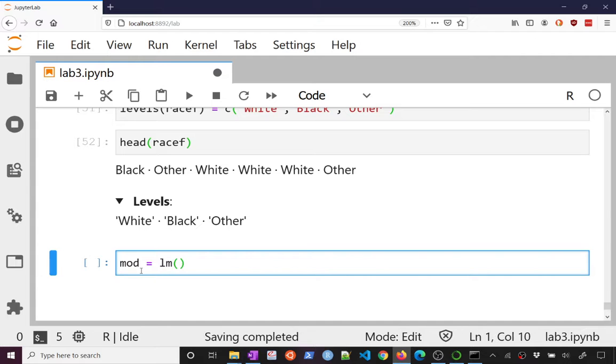If we don't do this, then LM is going to think that race is a numerical variable, and that it can do normal arithmetic on it, and it's going to be confused. So if we want to build a model with this, for instance to predict birth weight from race,